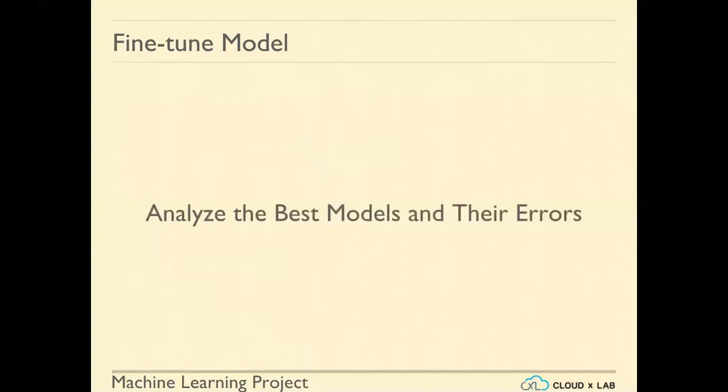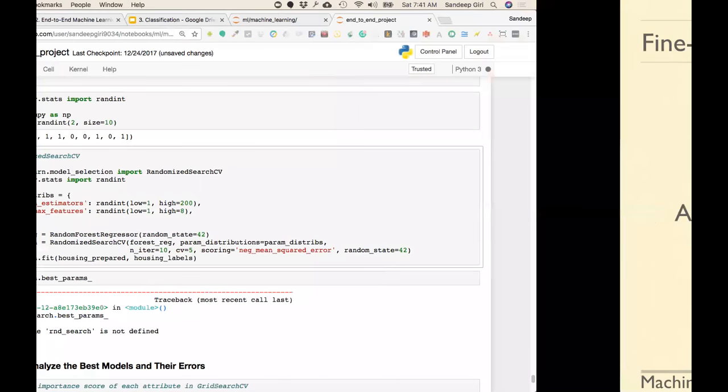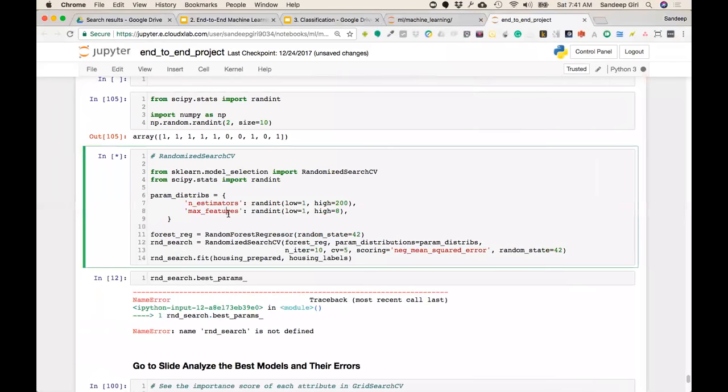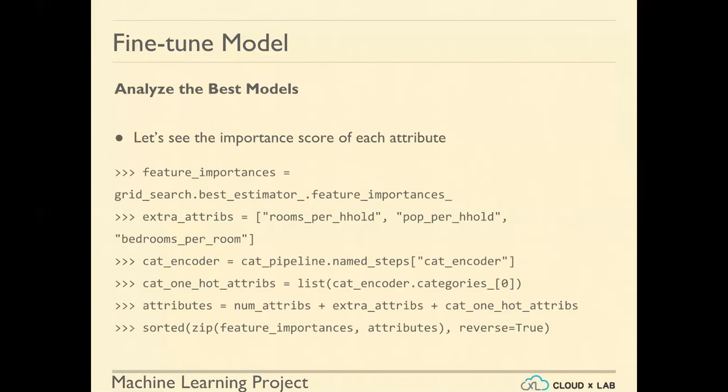Okay. Now, all right, it is still running. Okay. All right. So the other part is that